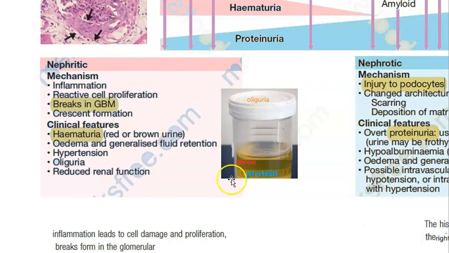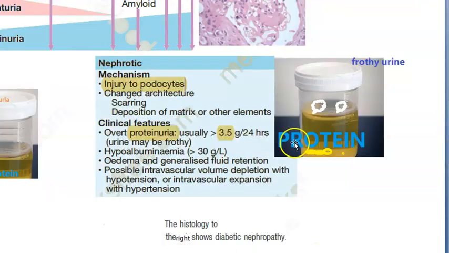This is because of inflammation, okay? Some inflammation happening there. Coming to nephrotic, guys, now if you come to nephrotic, you see the urine quantity is actually fine. There is no blood here. There is a lot of protein, okay? Greater than 3.5 gram per 24 hours. There's a lot of protein loss in the urine. You can see some fatty casts. And there could be frothy urine. Okay, this is how we have tried to represent it.